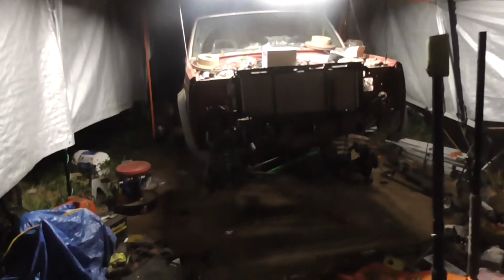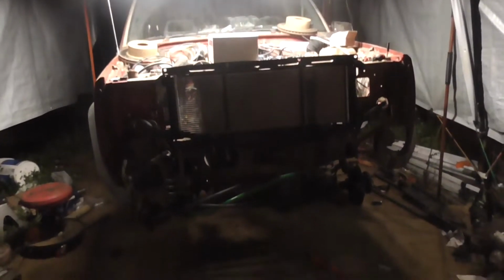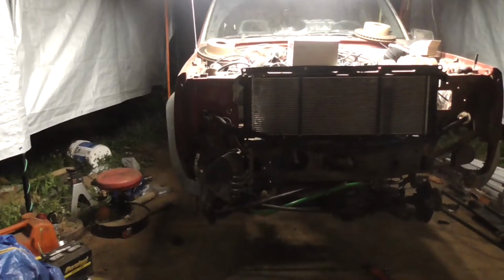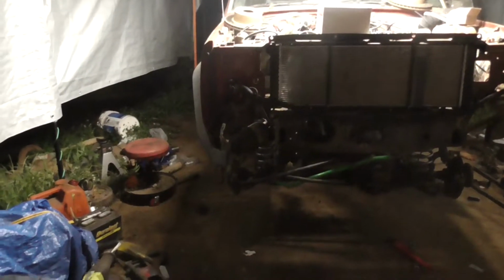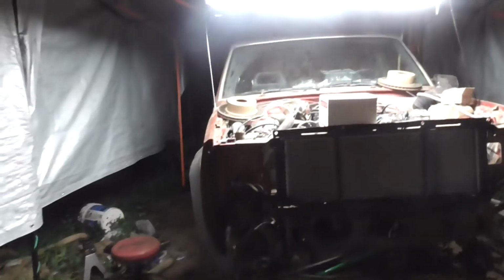Alright guys, I know this might look different, like way advanced in an update. Way advanced from the last video, but that video was almost a month ago or so. Oh wow, I actually broke my watch finally, or broke it all the way. That bottom button's supposed to fall off. Anyway,